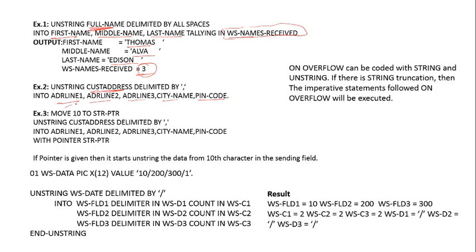You can give the address in one example also. With the string, there is 10, so it will start from the first 10, the 10 will be the space, and then the address contains space, address line 1, then address line 2, address line 3, city name, pin code, with pointer side 1. If a pointer is given, then it starts unstringing the data from the 10th character in the sending field. So we have, like, Panipat,